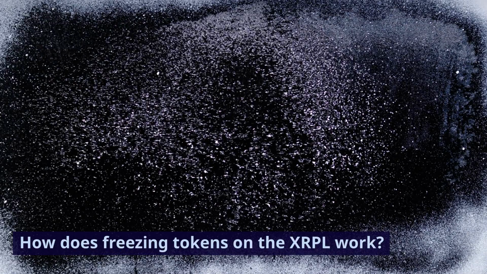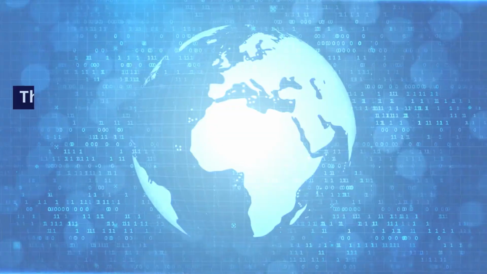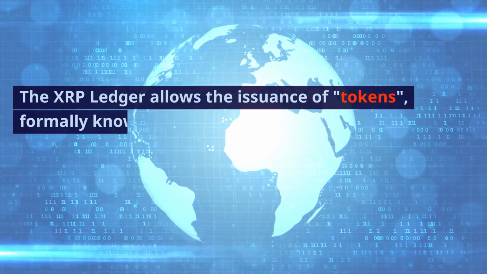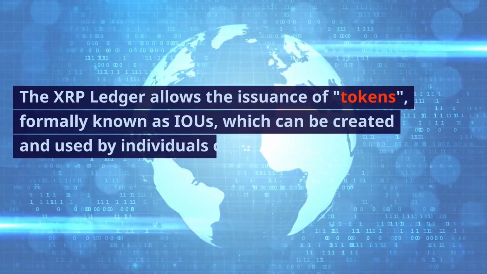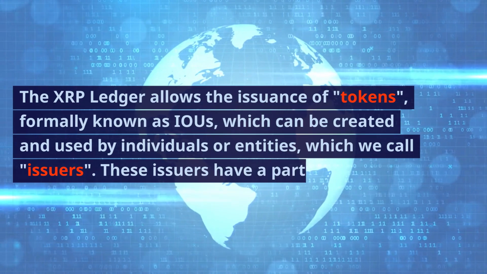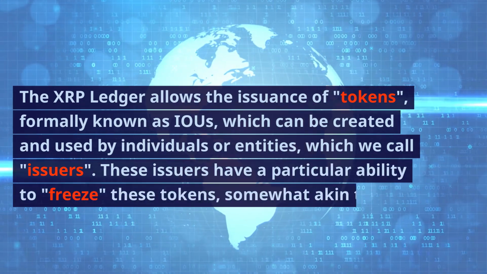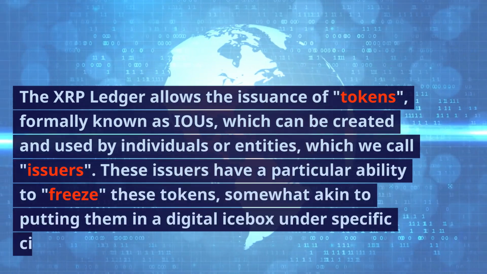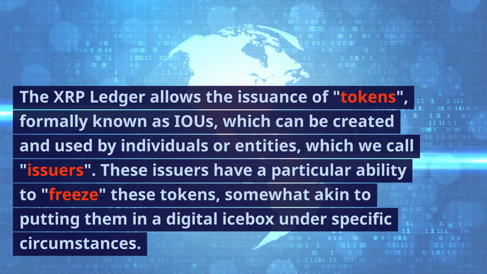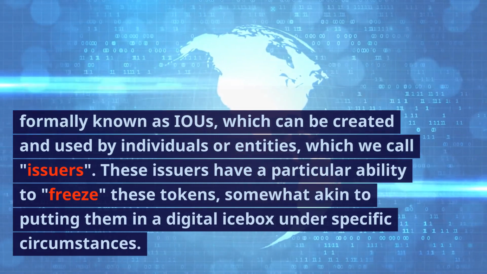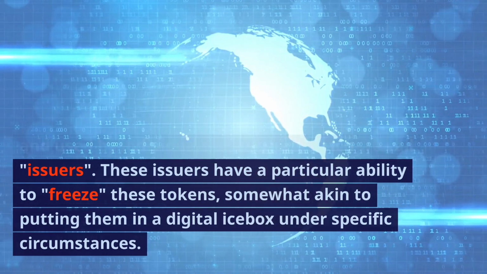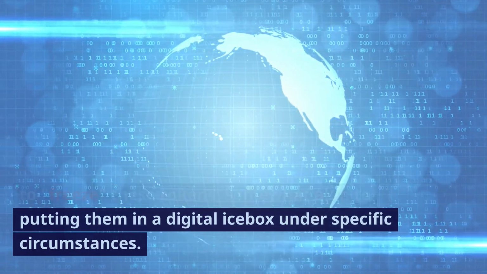How does freezing tokens on the XRPL work? The XRP ledger allows the issuance of tokens, formerly known as IOUs, which can be created and used by individuals or entities, which we call issuers. These issuers have a particular ability to freeze these tokens, somewhat akin to putting them in a digital icebox under